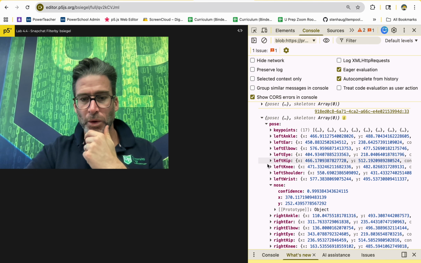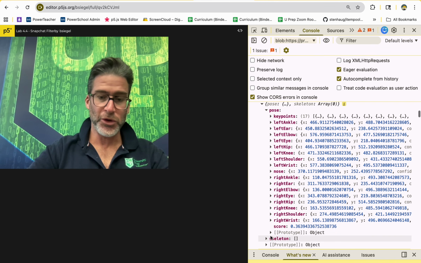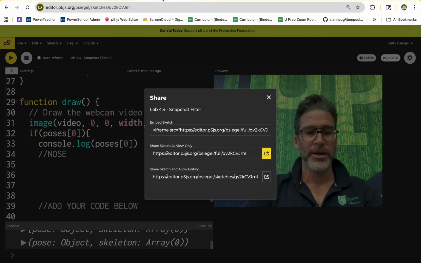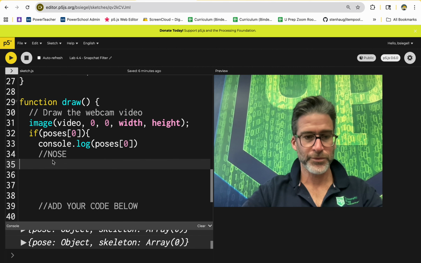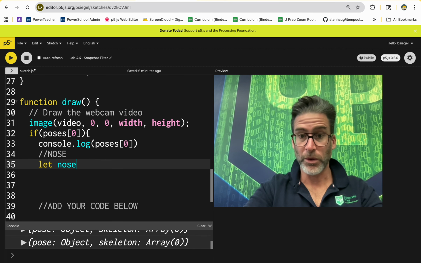So what we're going to use today is really the nose. We're going to have fun with that. We could use the rest of them. You are totally welcome to use them, but I'm just going to use the nose today to do something. So if you come over here, let me show you how to do it. If you look over here where it says nose, what I'm going to do is I'm going to say let nose, feel free to go along with me, equals